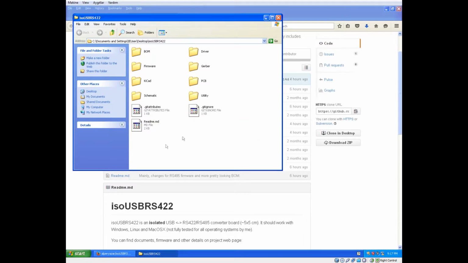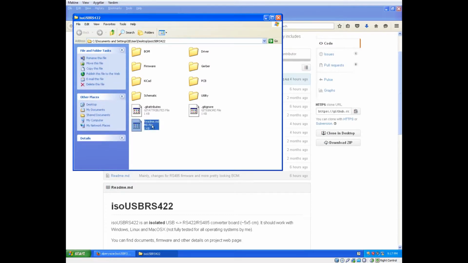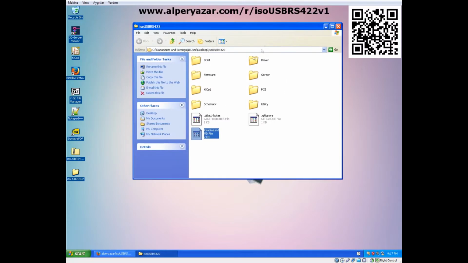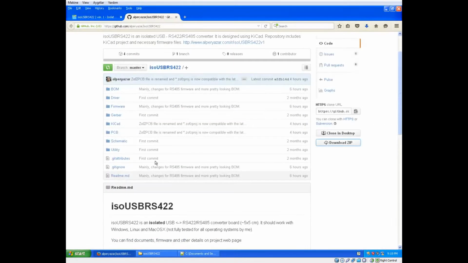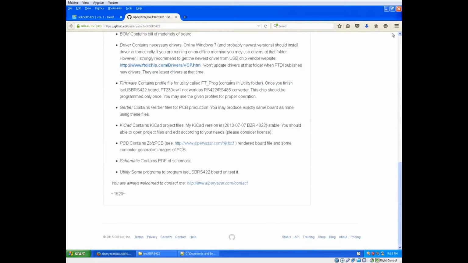Also, in some folders, there are README files with .md extension, but these are ordinary text files and can be opened by any text editor. For example, I use Notepad++. This is the source code of the text shown in the GitHub page. I recommend you to skim these README files.